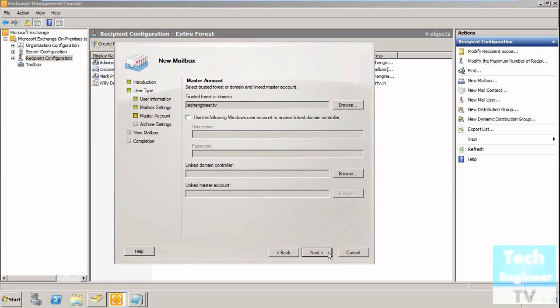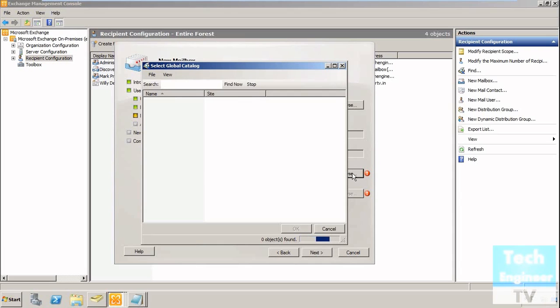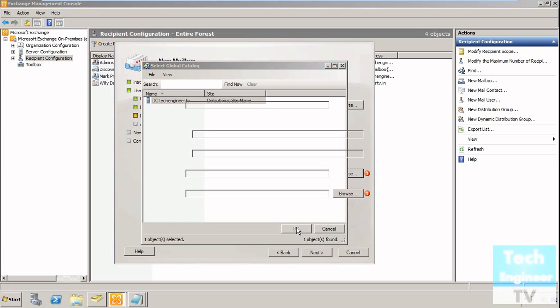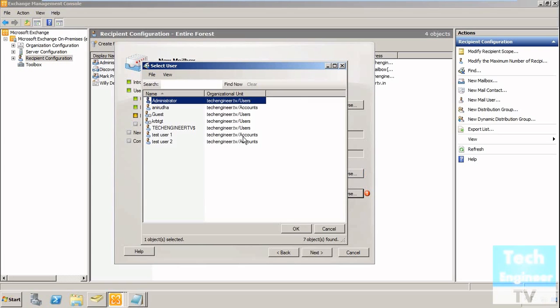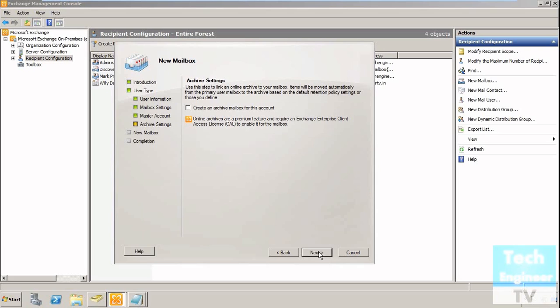I have to give that, because if you press next, you will get an error. Since it's a linked mailbox, you have to provide a linked domain controller, which is the trust you formed, tc.techengineer.tv, and select a user. For example, I'm going to select Anirudh. This user is of techengineer.tv, or you can use an administrator. Whatever the user, you have to select the linked master account, and this particular user will be linked with that user, which is the administrator of that domain,